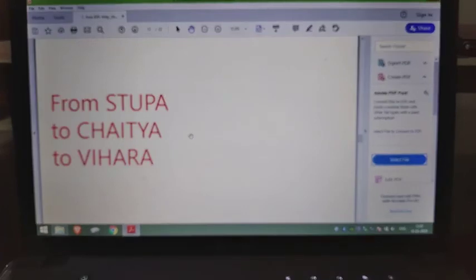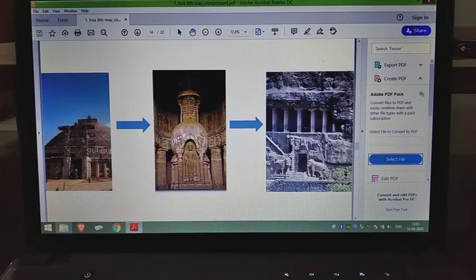So if you look at the basic progression, it goes from a stupa to a chaitya to a vihar. So a stupa is just a semicircular space where the monks could move around in a circular path and pay their respects. Now this is in Sanchi. This is the biggest stupa. In reality, there are about 2 or 3 more stupas in this complex. Plus there is a Buddhist temple as well, which is probably the earliest known example of a temple in India. I mean a temple with the flat roof and proper structure. Before this, most of them were rock cut or something like that.